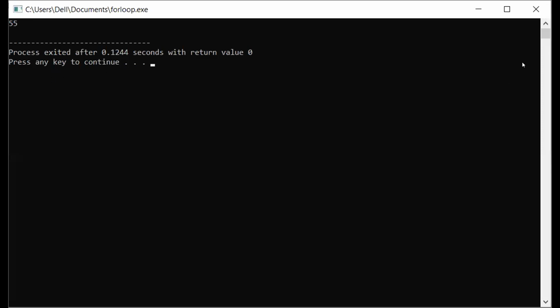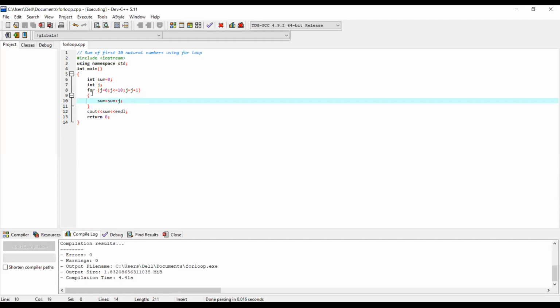If I want to see each value of i, and then the total of all values of i printed in the form of a column, and finally the total, I will write one more statement here.